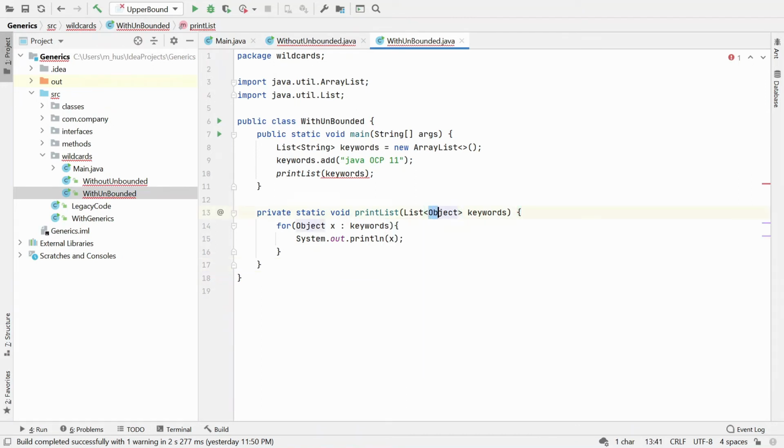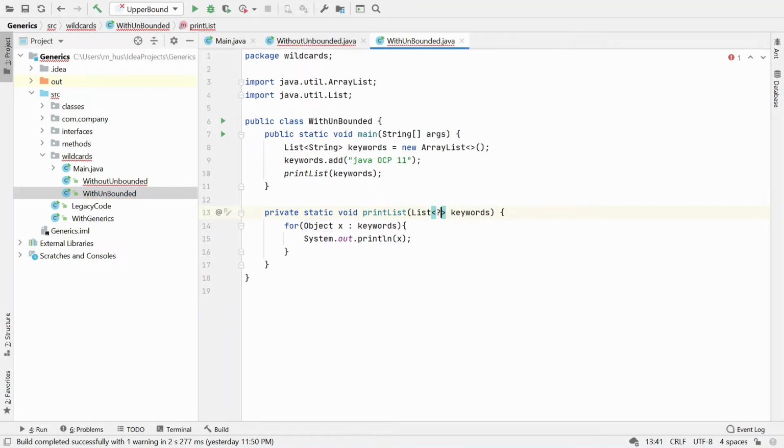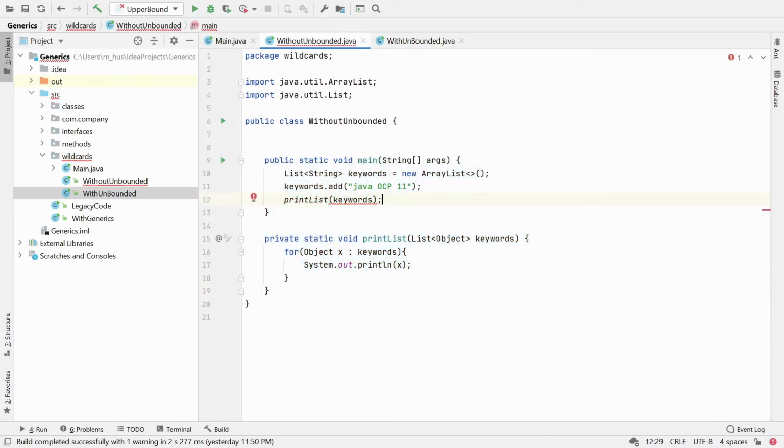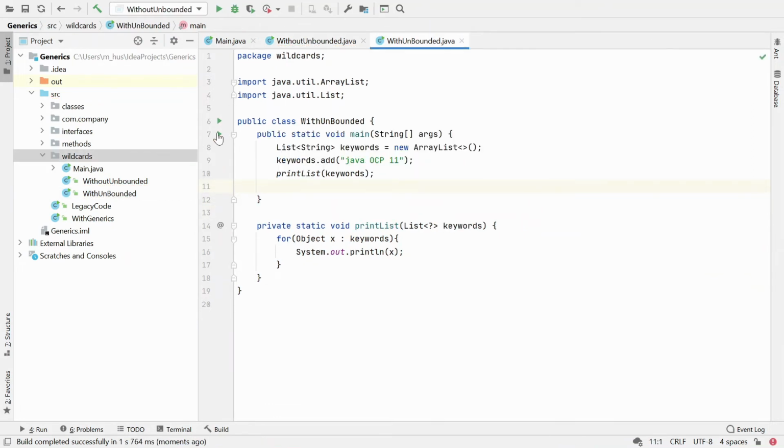So here I'm going to use a question mark. All right, and the compiler won't complain about anything. So let's comment out this one. Let's run this class